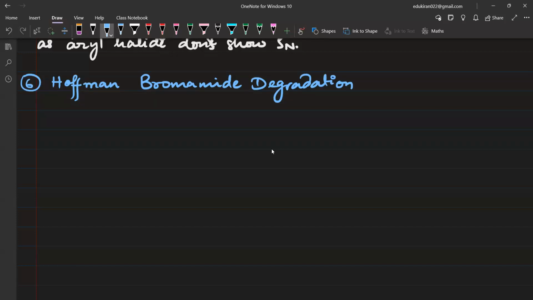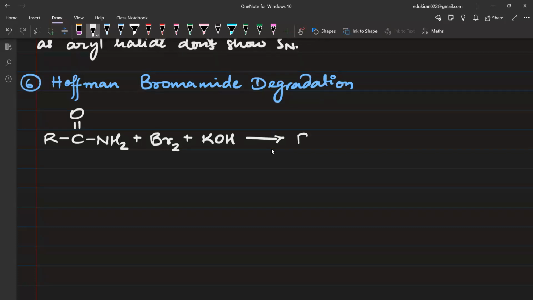The reactants are R, C double bond O, NH2, we have an amide here, plus bromine, Br2, and KOH. This gives you RNH2. Just remove the CO. You'll get RNH2. So here you write, used for preparation of 1 degree amine